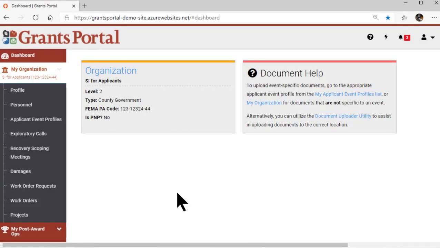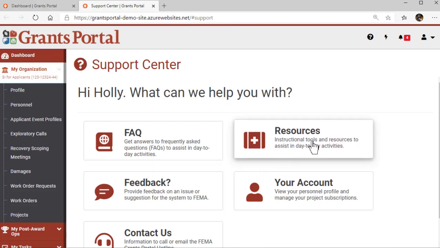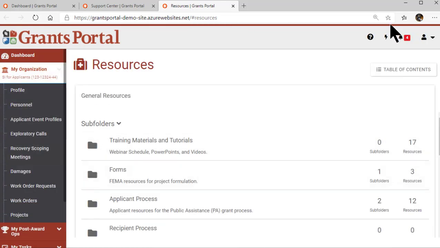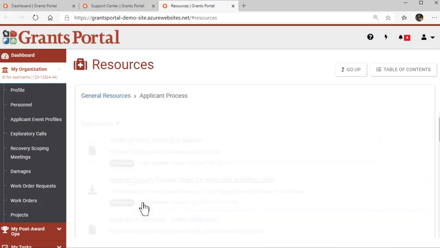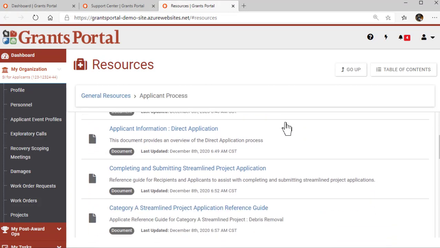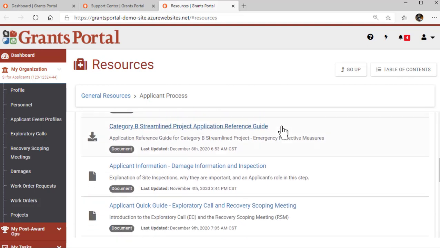So I am back in Grants Portal. I'm going to go the same way I did before, by coming up here to my Support Center and clicking on that. And a reminder, it does open that second tab. I'm going to go the same place I did before, which is Resources. And then we're going to go same place again, Applicant Process. We have our list of resources. I'm going to scroll down until I see,